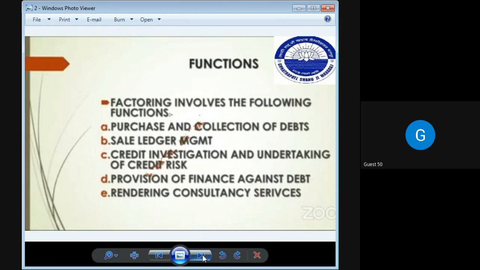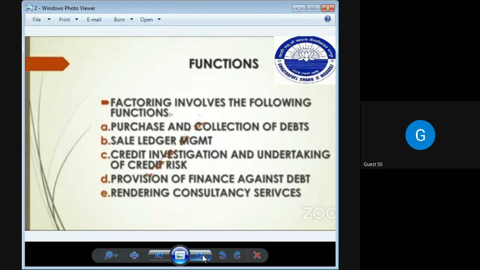So it is very important for the seller to analyze the credit risk, because overall at the end of the time he is liable to pay the debt amount. Okay, not the factor. Now, provision of finance against debts, okay, and rendering consultancy services. So these all are the functions of the factoring, which are given by the factor or agent. Okay. So overall, we can say that whatever the fund is released by factor to the seller against the invoice,